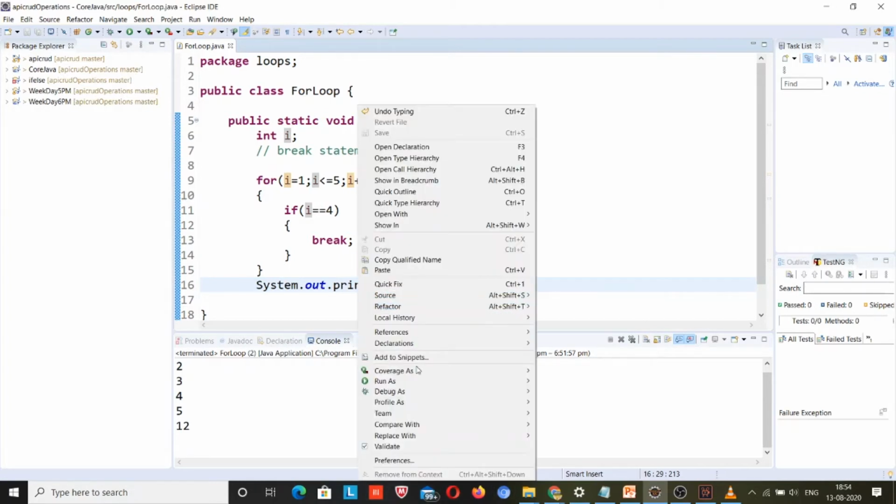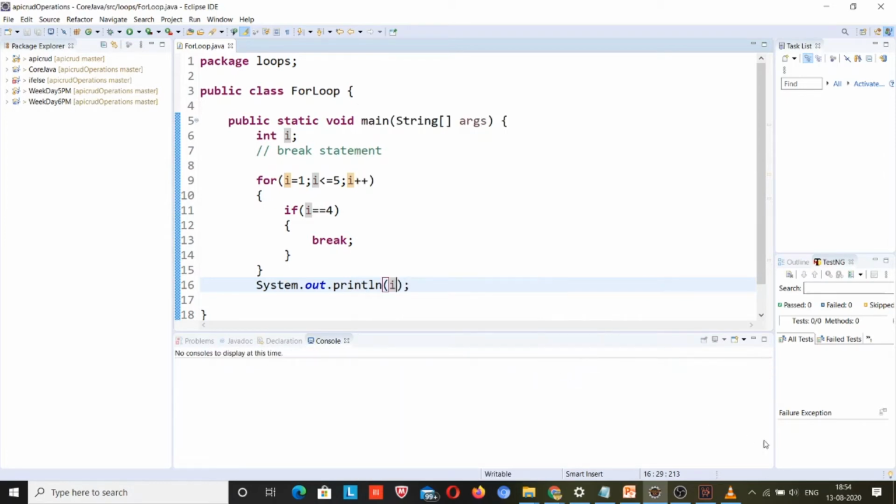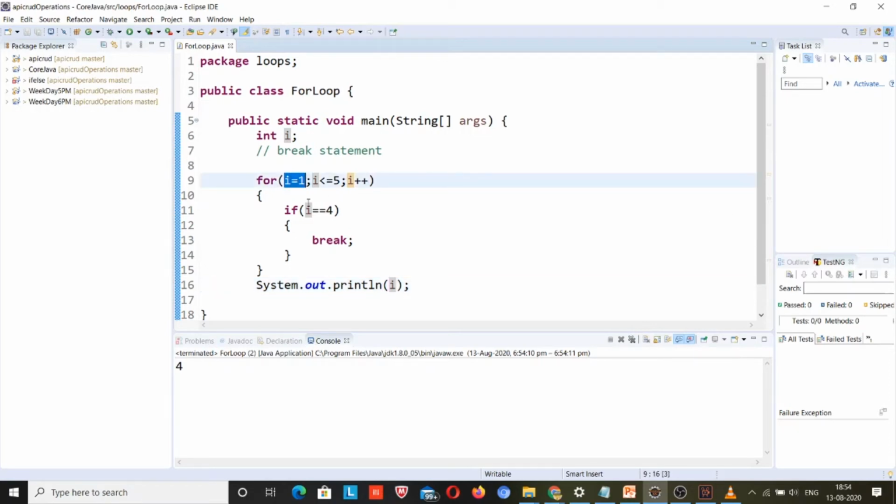I will run it for you, let me run. Output is 4, right? Why 4? Because the first time, I value was 1, it came inside. Because I value was not 4, that's why it didn't do anything. It again